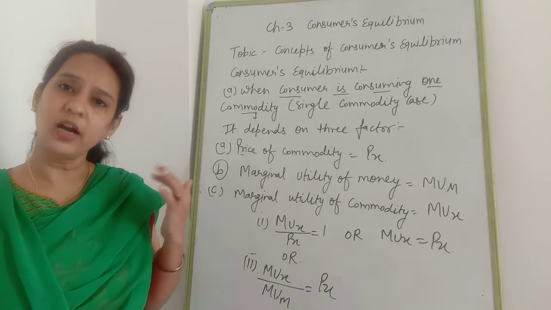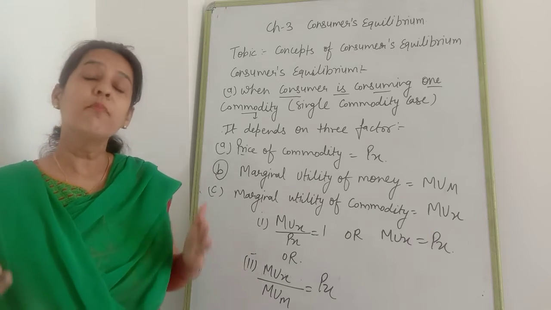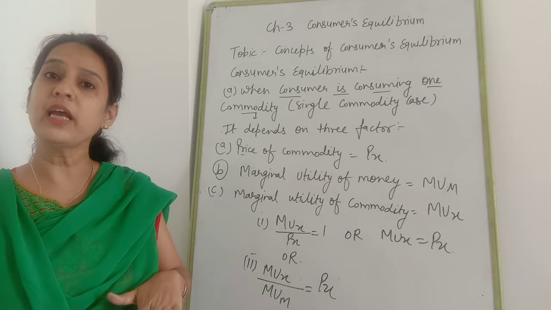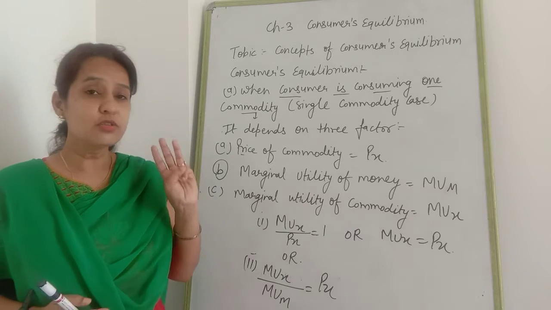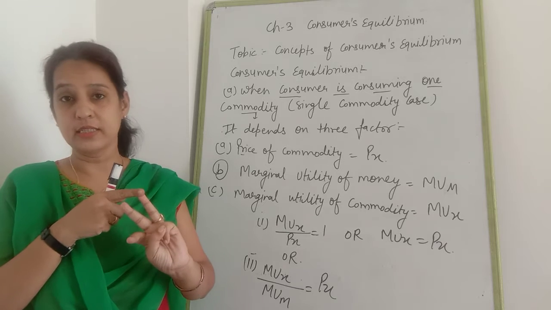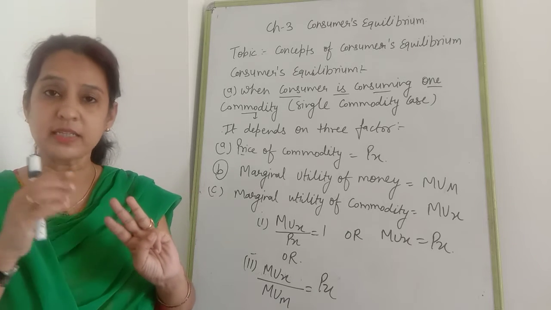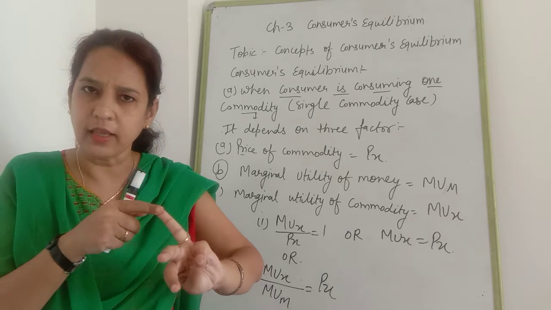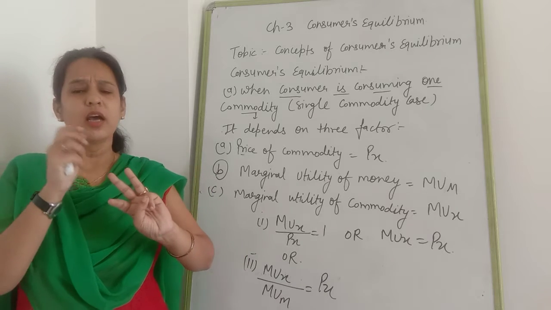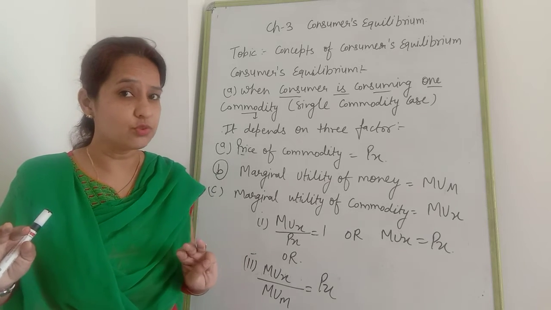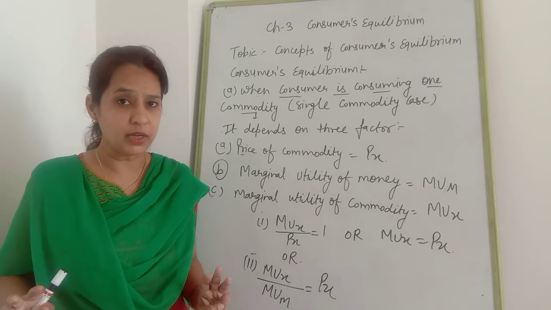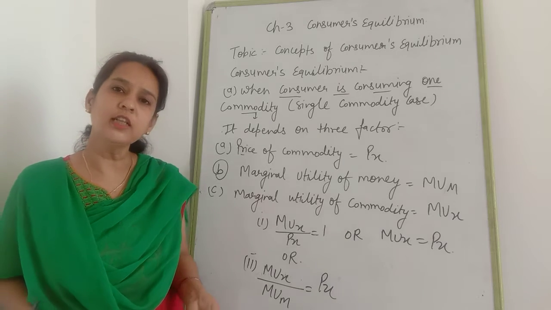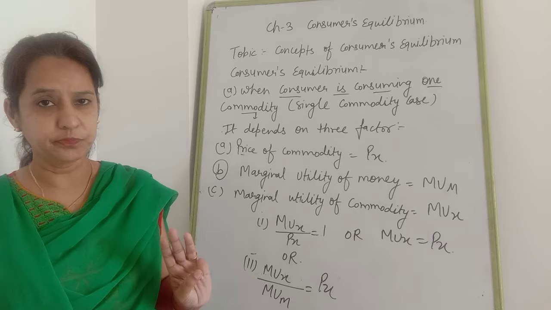Now I want to purchase a third ice cream. But from the third ice cream, as I told you, my satisfaction will decrease if I am consuming additional units of the same commodity. Earlier it was 50, now 40, and the third one is 30. Definitely I am going to get a satisfaction of 30, and the price is 30 also. So I am neither in a position of surplus nor of loss. In that condition, I will consume that ice cream also.